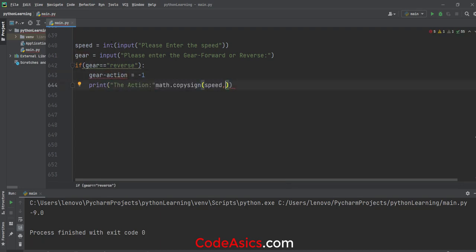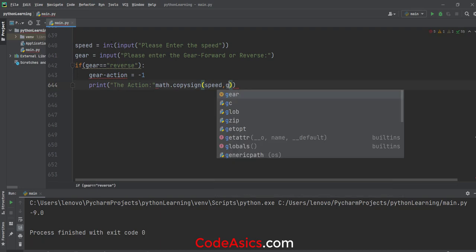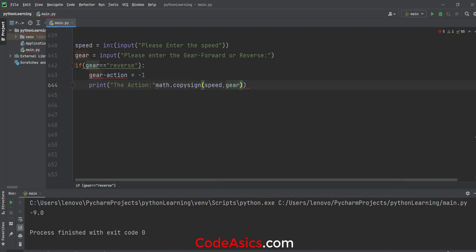Then I'll pass it here, gear action. Okay, that's the code. I need to place a comma here. Okay, that's fine. Now else